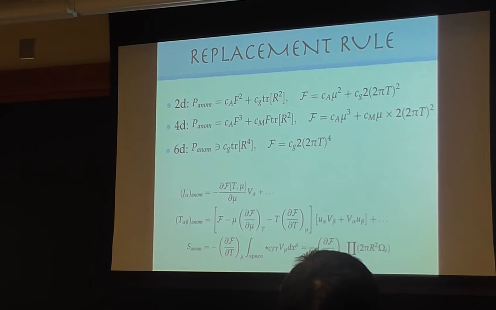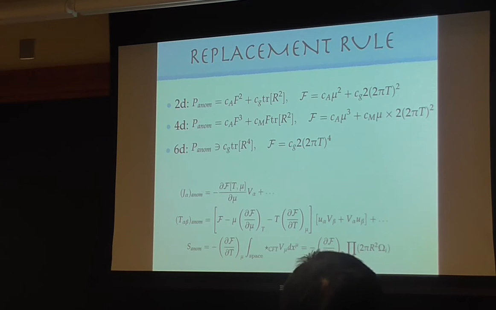But in particular, in 6D, the free energy can't distinguish between the two gravitational anomalies. It's only sensitive to one linear combination of coefficients. So in other words, if I take a combination of trace R to the 4 and (trace R squared) squared, do you know how to determine F? We know how to determine F, but what he says is that you can't go backwards. Another thing is that it only depends on the Pontryagin class form.